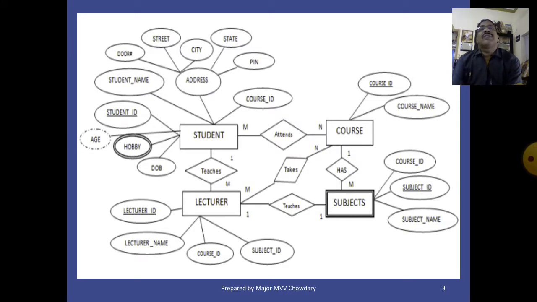We convert this entity name as relation name or table name. Here in the example on the screen, student is the entity. In that we have student ID, date of birth, hobby, student name, address, course ID. These all are attributes or properties of the entity student.